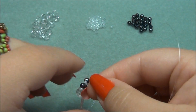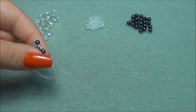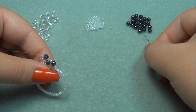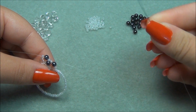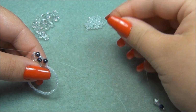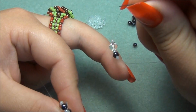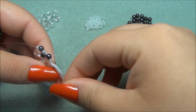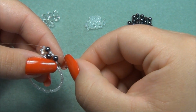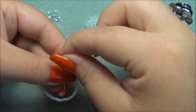Now I'm going to swap my strings because I'm right-handed and do the same thing to this side. So one 11, one 4mm, one 11, a 6mm, and an 11. So again, just like this, in this order. And then I'm going to go through the bottom of this 4mm bead, pull it through,